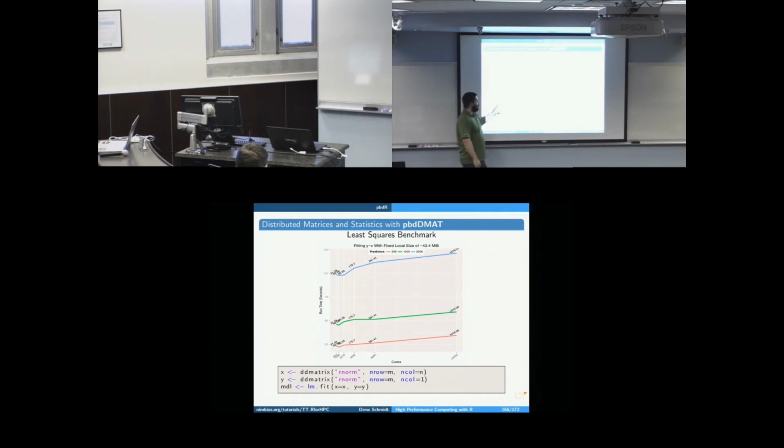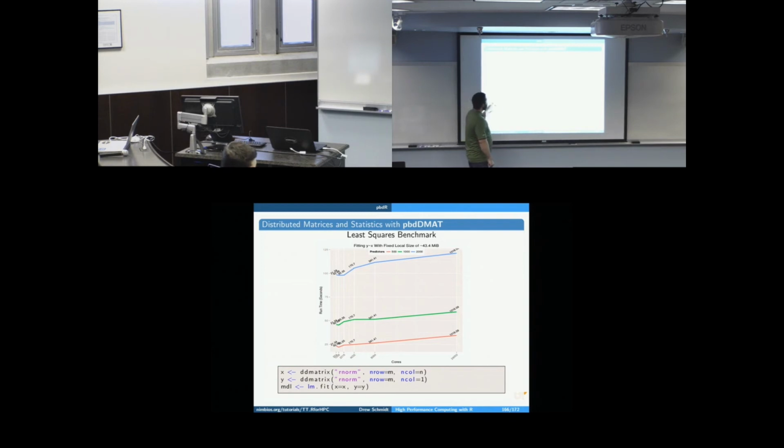And there's a reason why I'm looking at weak scaling, because we're going out to 24,000 cores, where the network basically degrades any possibility of strong scaling. Just the actual cost of moving any data across the network is so expensive at that point. Moving data is very expensive. So we're going to fit a linear model, y ~ x, on about 43 megabytes of local data. We're going to do it with 500 columns, 1,000, 2,000, and just as many rows as we need to fill out